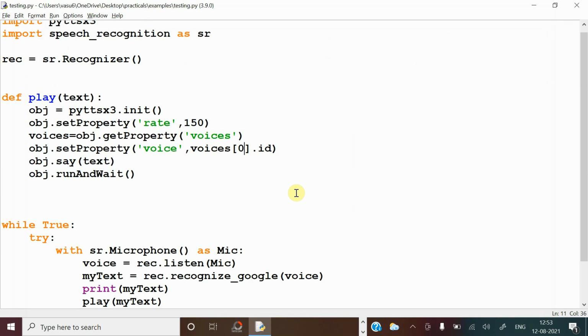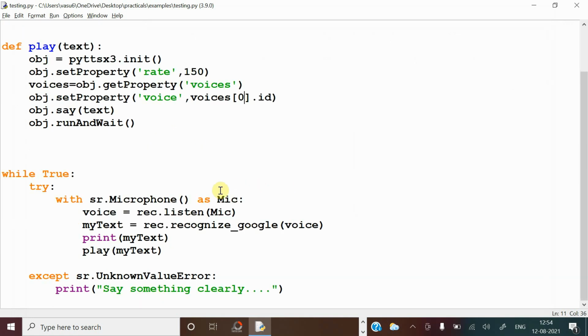Now, till now what we have done is whatever we are speaking, the same thing is told by the computer. Instead of doing like this, if you want to get some other responses, like if you say thank you, it should say you are welcome. Or if you ask what are you doing, it should say yeah, I am waiting for you. So let us see how to do it. For this, you have to do a little bit of manipulation of what should be spoken by the system.